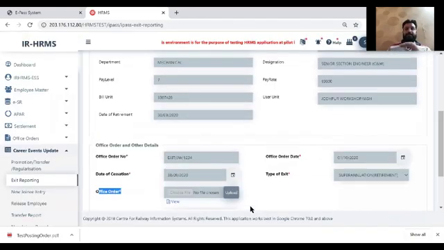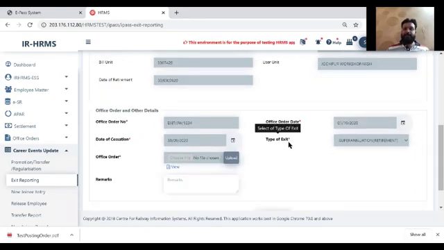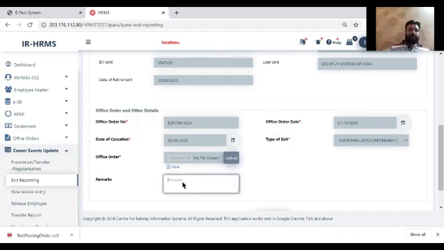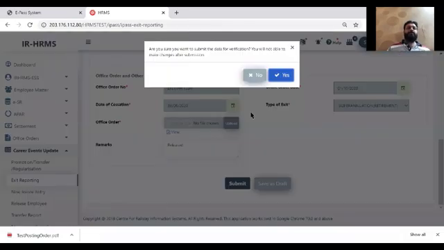The only important thing we need to take care of here is the user role. If user is assigned any kind of role in the system, then it will be displayed here in the list. So we need to take care that this role has been taken out from that employee or at least transferred to someone else before marking this exit. Because once this marking is accepted for exit, the login credentials of this employee master and ESR will be closed down. So this employee will not be able to log in. So let's move ahead. From the data entry perspective, we don't have anything to enter here. So I just mark it as a release in the remark section and provide my transaction OTP of dealing clerk.